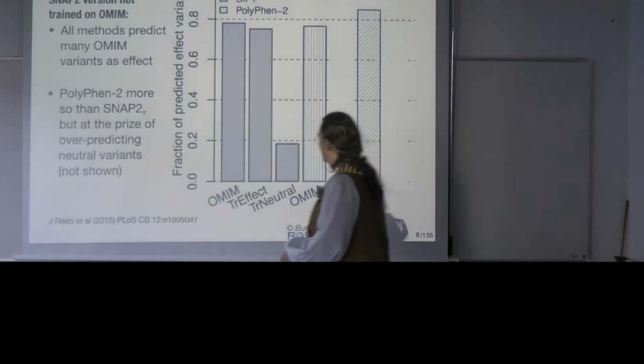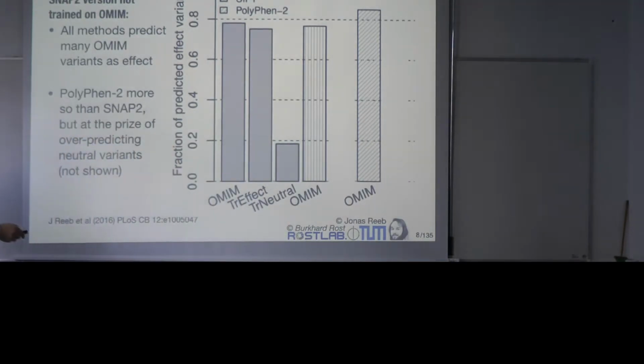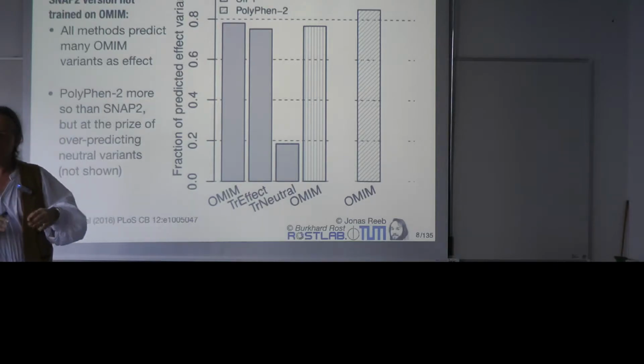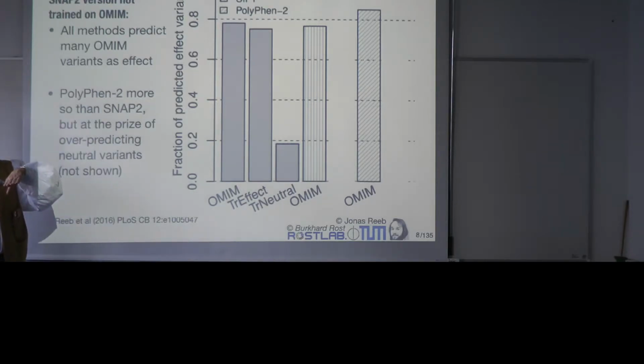So on the next slide, what I show here is the training effect. So this is cross-validation, and training neutral. I call it training because this is part of the cross-validation set. This is not part of the cross-validation set. So what we do see here is that for a part where the effects are in the cross-validation set, this is still higher. So the set of OMIM predicted by SNAP is more than, in fact, for its same level of what it was trained on. Again, this is the cross-validated result, but it's the data it saw for development.